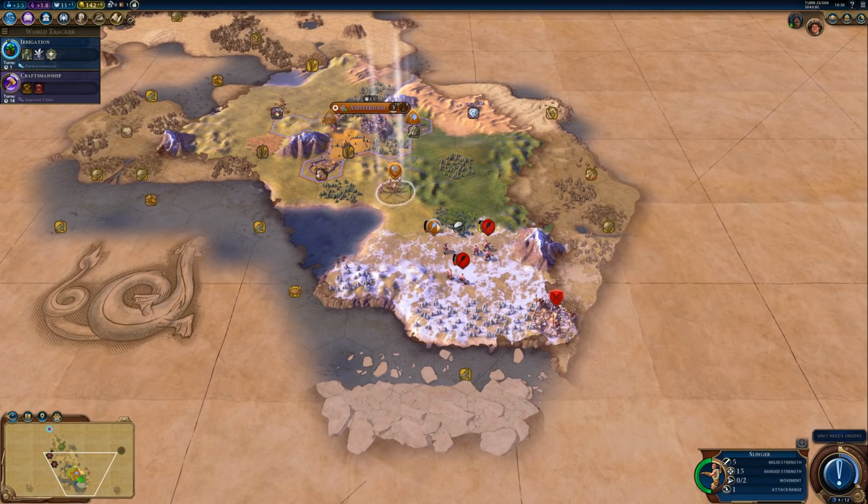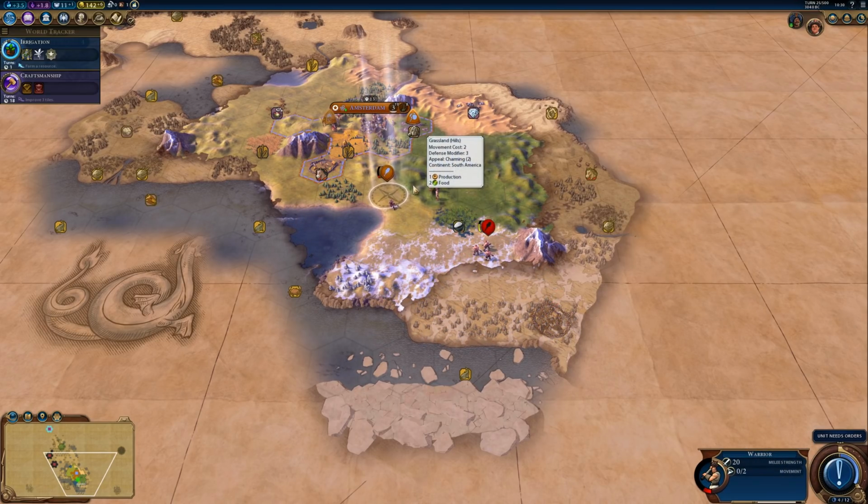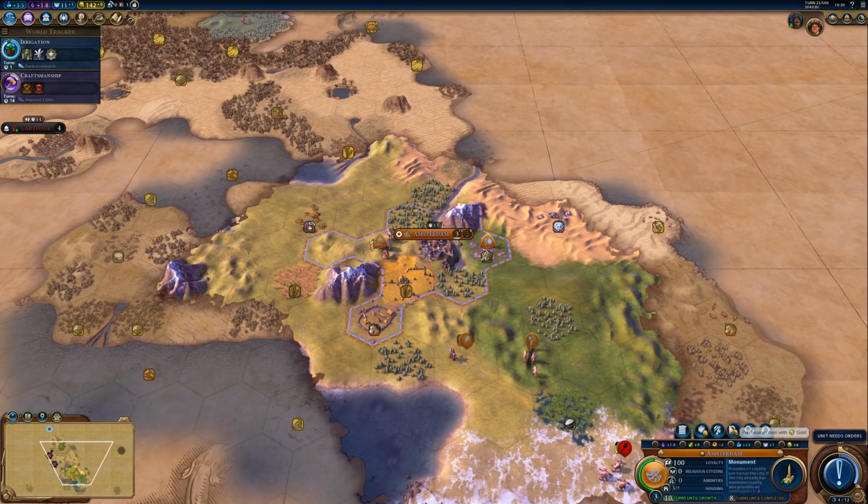You need to move, my dude. You are in a lot of trouble right now. But they can't reach him right now, so that's at least something that works out in our favor. Can't get the diamonds yet. Can't really get anything yet, so...